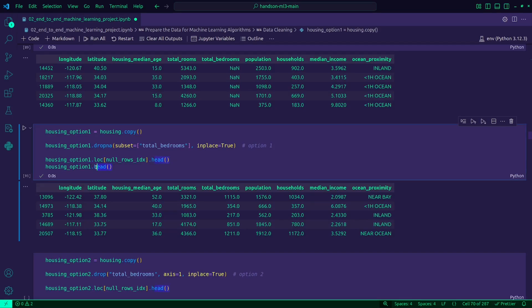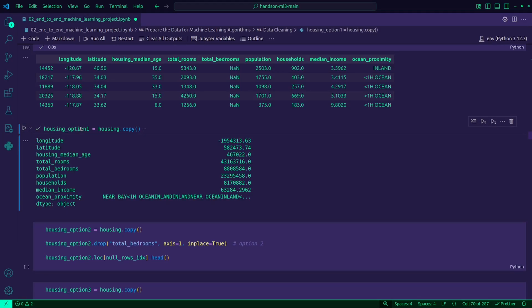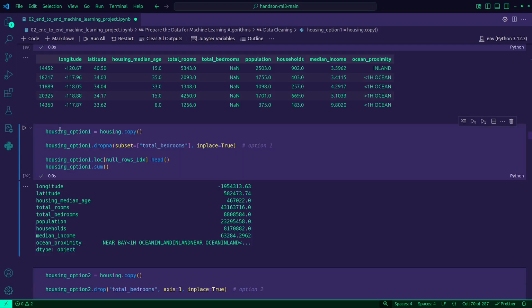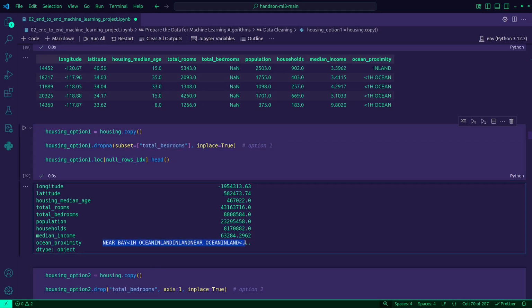And housing option 1 sum. What have I done? How can I increase this? How can I open this? No, not sum. Look at this.